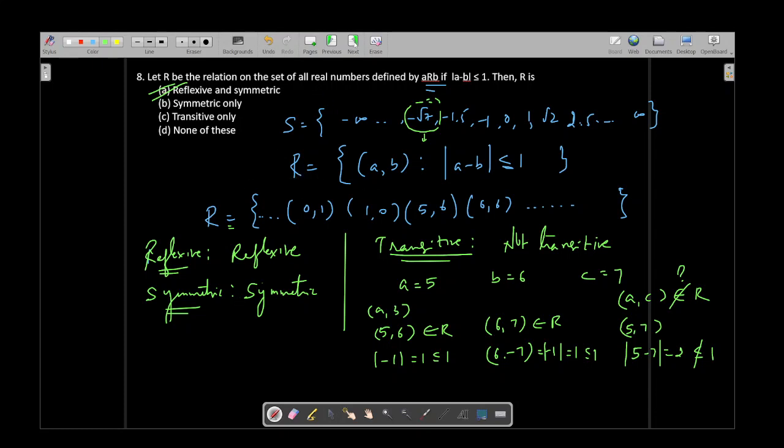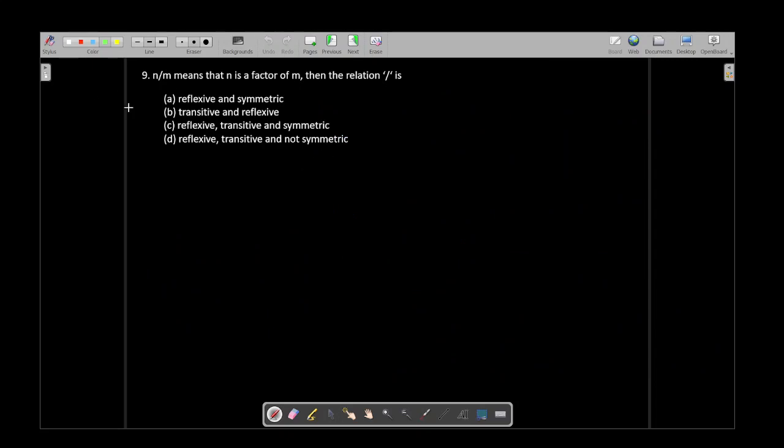Let's move on to the next problem. Okay, so this is an interesting problem. So we have to check whether this relation, where division is the condition